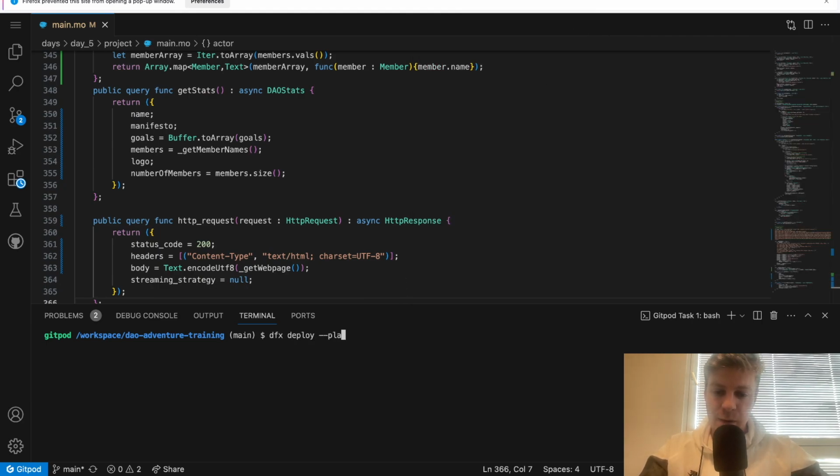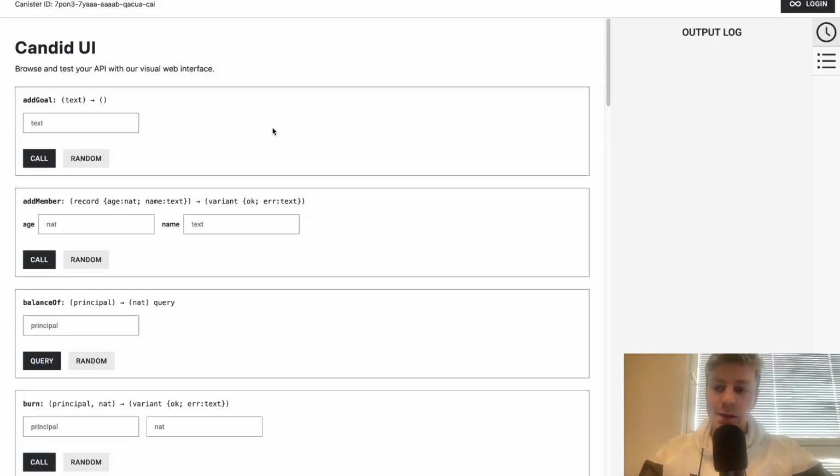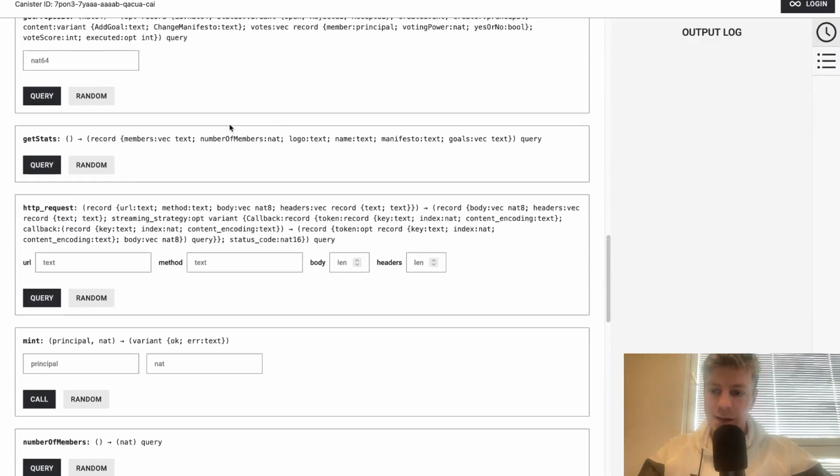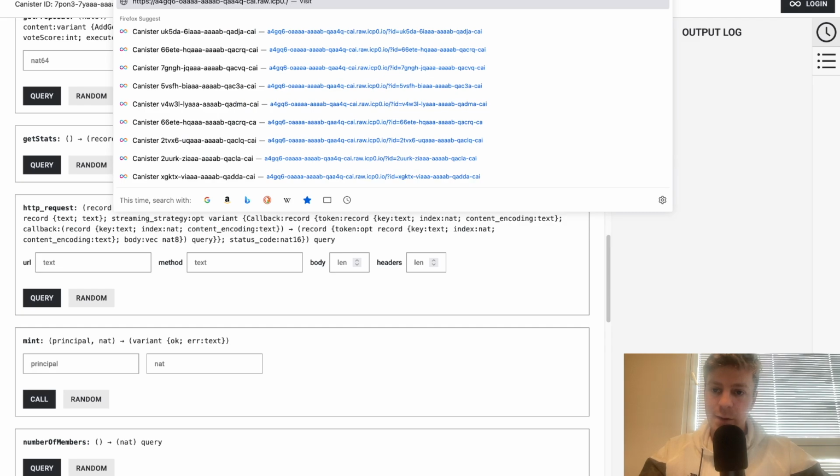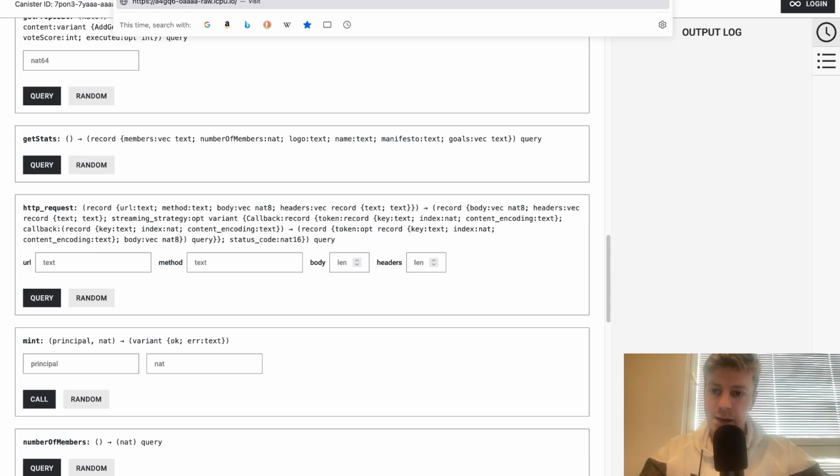Fix deploy in the playground projects. This is our Candid UI. As you can see, we have this HTTP request method, but this is not actually how we are interested in accessing our canister, because right now we are accessing our canister through the Candid UI. What we want to do is directly access our canister. So the canister ID that we are looking for is this one, and we want to access it without the Candid UI. So essentially what we need to do is remove this canister ID, which is the one of the Candid UI canister, and then